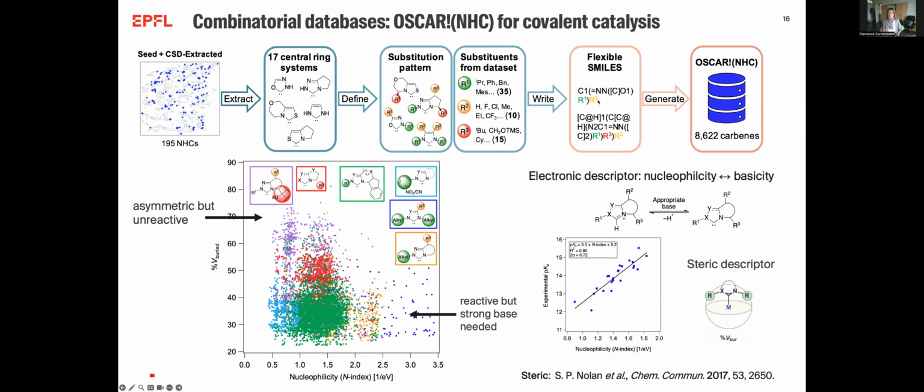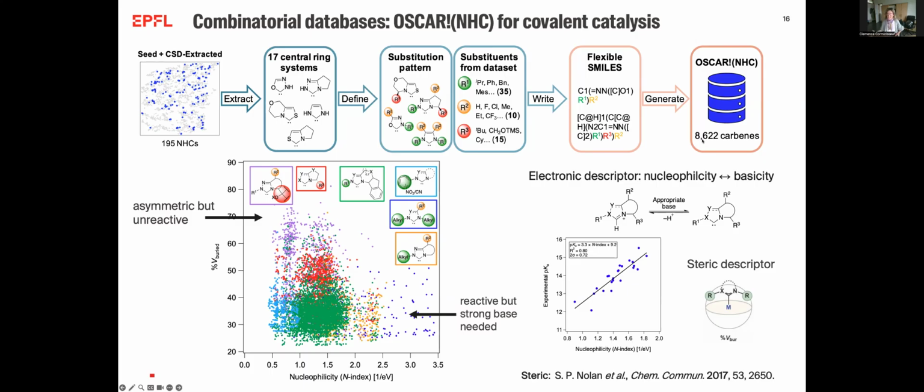If you want fragment SMILES, all the different components present in these three boxes here, scaffold, substituent pattern, and substituents themselves, were reshuffled in this